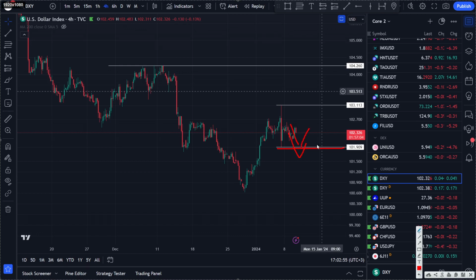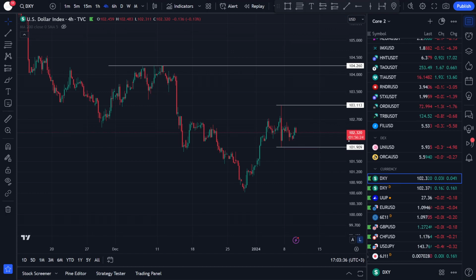If it comes higher than expected, then the move higher will be much more significant than the move lower if CPI were to come in lower than expected. Right, so you have this built-in asymmetry. There are different times and different regimes in which you don't want to be fading these